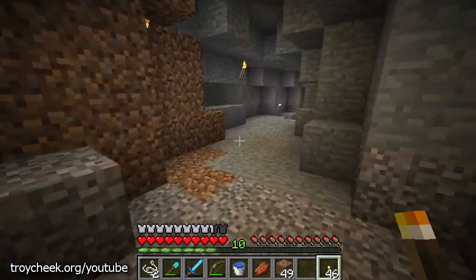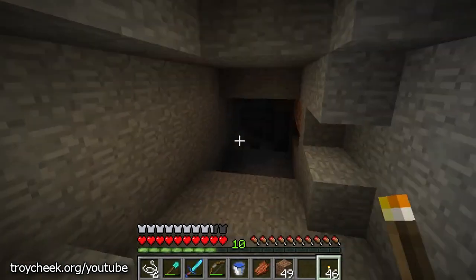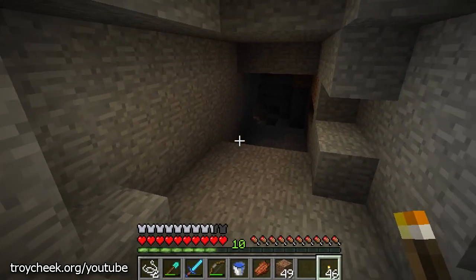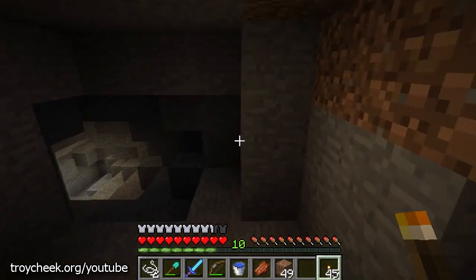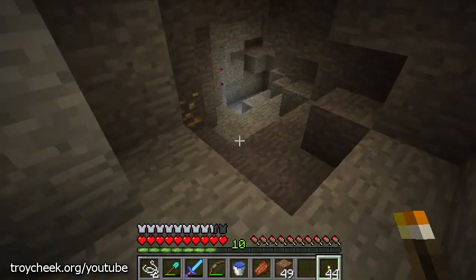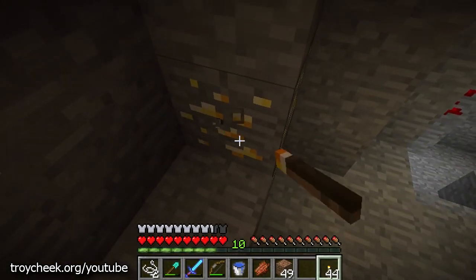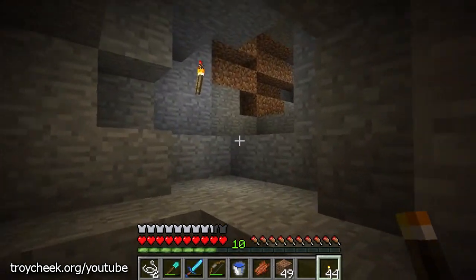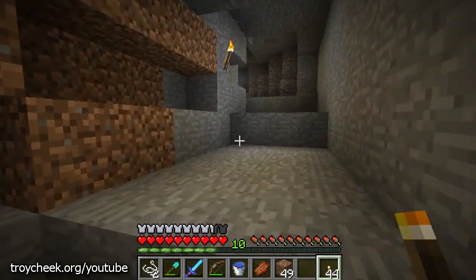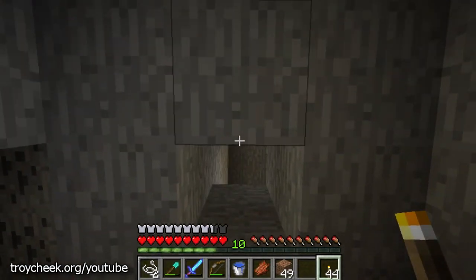Alrighty, but I need a new pick. So, let's see, where did I come down at? Right here. I think I see some light right over here. That's lava. Ooh, some gold. Some redstone. Don't need to... normally I would just pour water over that lava, but Tech has decided that he likes...